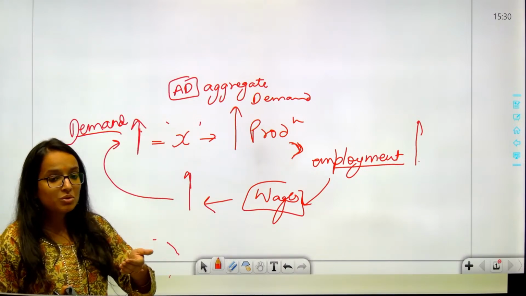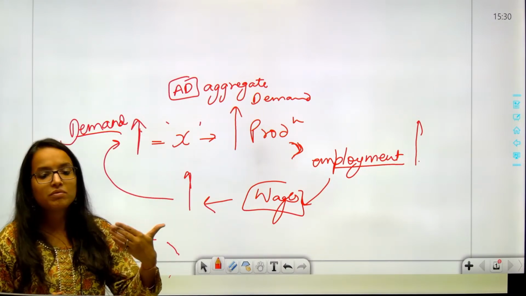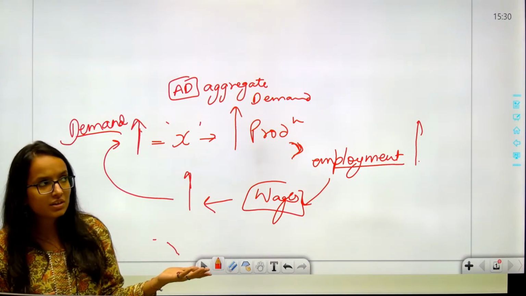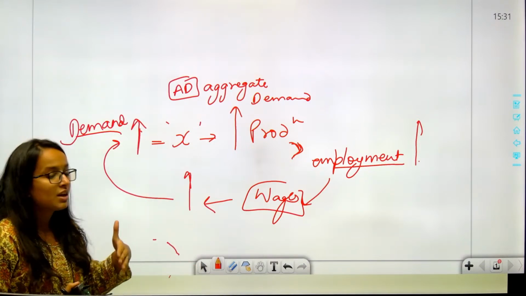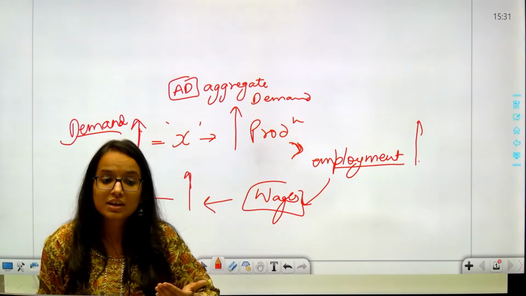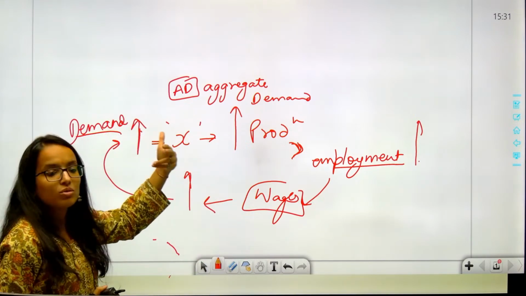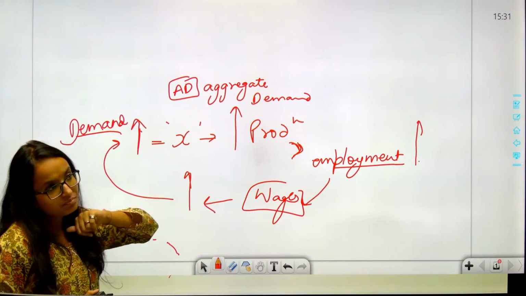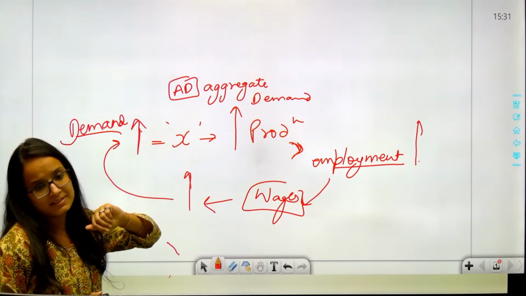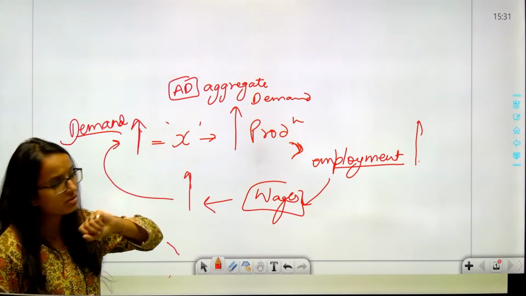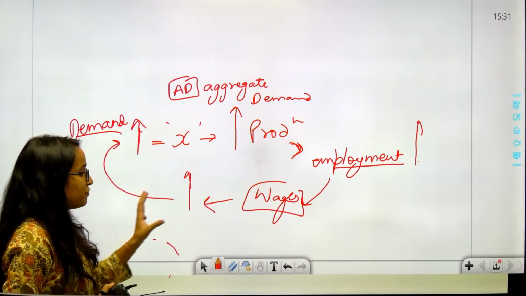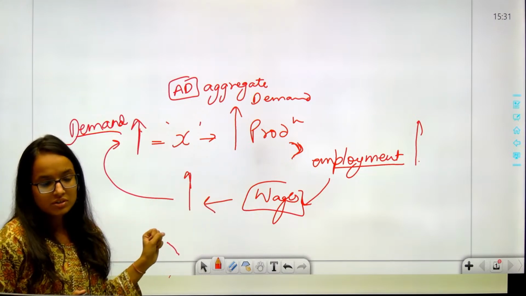If employment reduces, then wages reduce, and the standard of living of a lot of people in the economy reduces. So when wages reduce, their ability to demand reduces again, and then the cycle goes on and on. So in that cycle, after a long time, we'll witness a recessionary or slowdown situation in the economy. Okay, so if we want to prevent such situations, we need